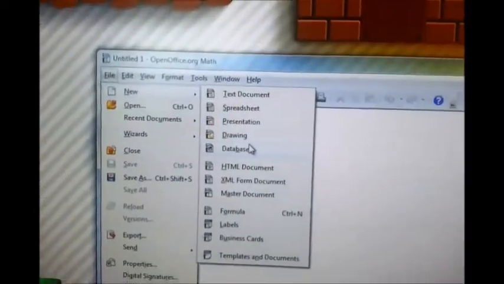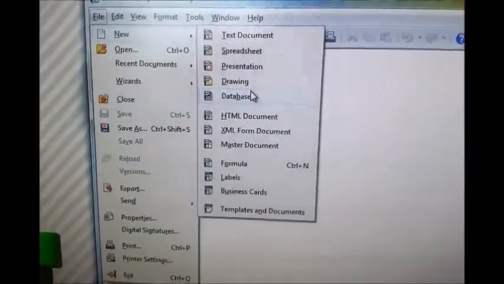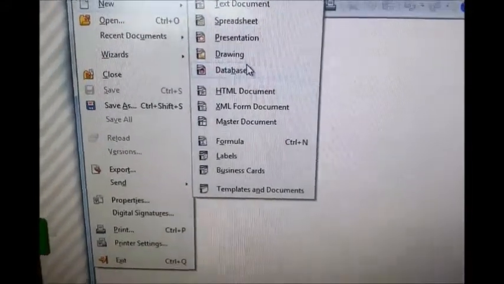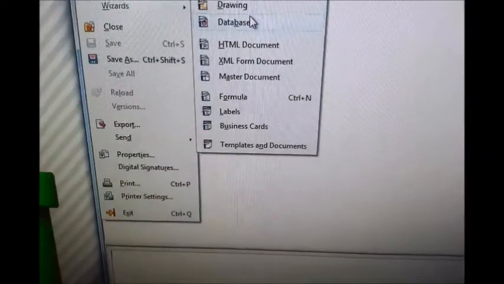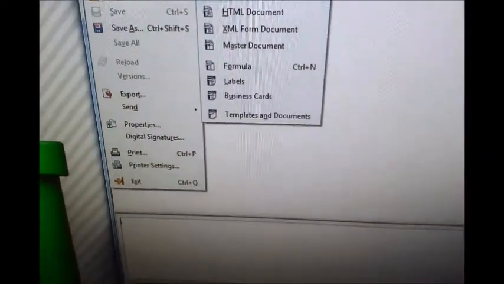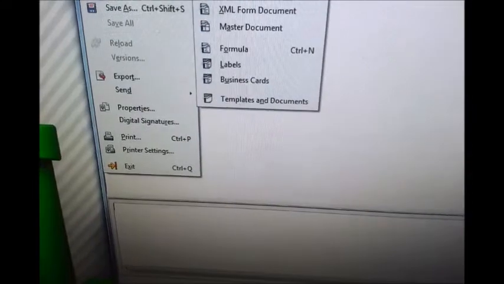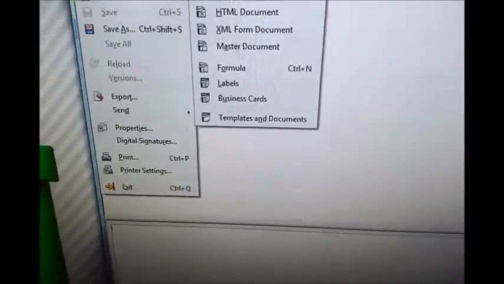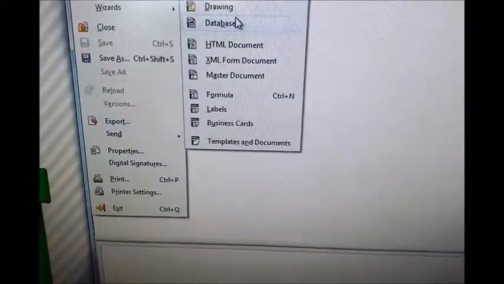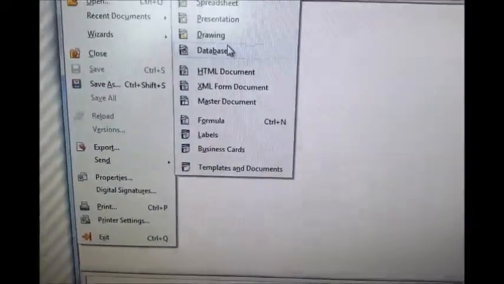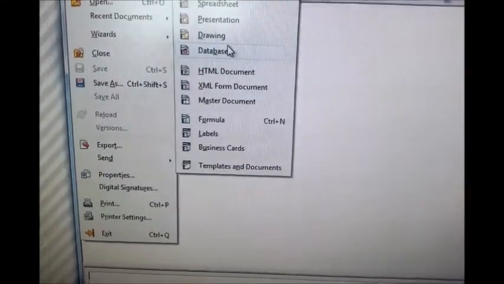Right, if you click on any of the following options, you can click just new, and you'll get text document, spreadsheet, presentation, drawing, database like shown before, and as well you'll get the HTML document, XML format document, master document, formula, labels, business card, and templates and documents. With templates and documents, you can go online, browse and download lots of templates. With business cards you create business cards, like the name says, and with the HTML and XML form documents, it's a programming